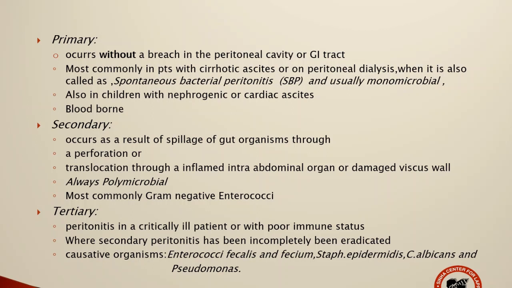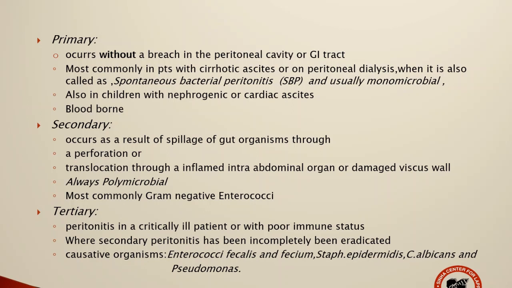Among the more common causes of ascites, which give rise to a primary peritonitis, is cirrhotic ascites, or it could be a patient who will be on peritoneal dialysis. And in these instances, the terminology of this primary peritonitis is also known as spontaneous bacterial peritonitis, or SBP. It's usually monomicrobial. In children, the ascites could be of nephrogenic origin or it could be a cardiac ascites. The second instance where you can get a primary peritonitis, apart from ascites getting infected, could be a blood-borne infection